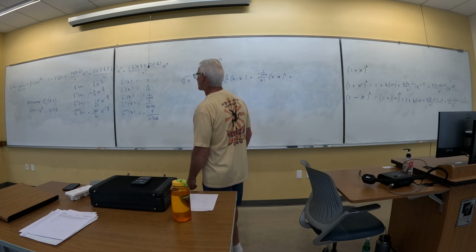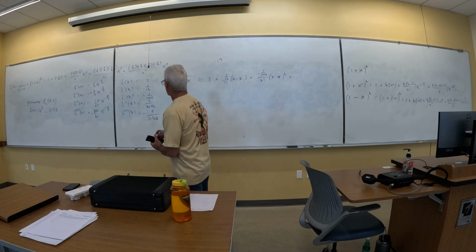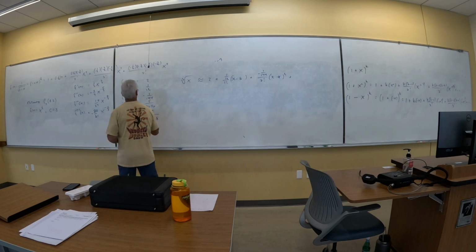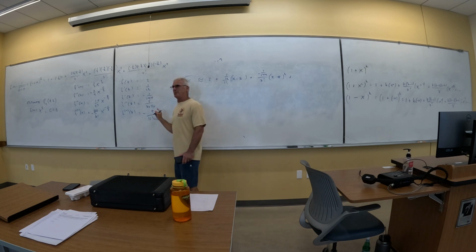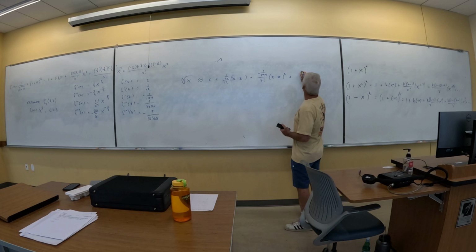Hold on, something's not right there. Okay, the derivative is 5/8. That's not right. What should that be? 5/8. Oh, 5. I can't read my own writing. The reason I knew it couldn't be a 3 is the bottom is a multiple of 3. So that's a 5, thank you. So that's